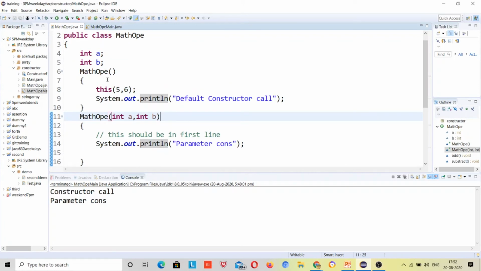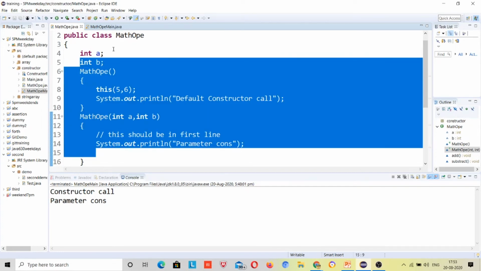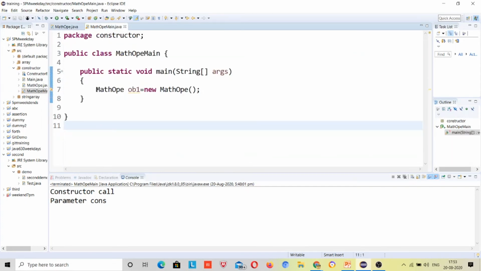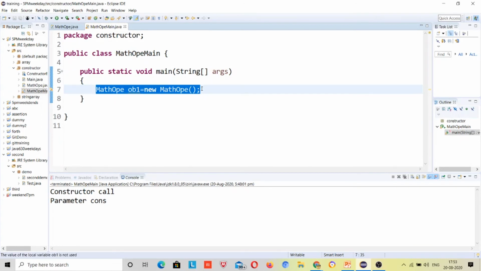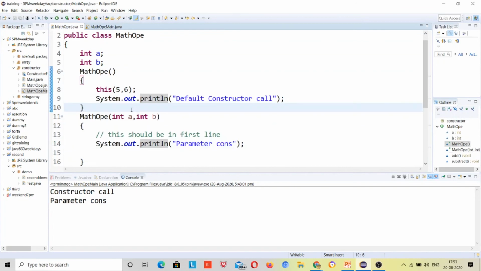I was never going to look inside this class. I just wanted to see what calling is happening in this main method. I saw only that main calls this default constructor. Then I jumped to this default constructor.